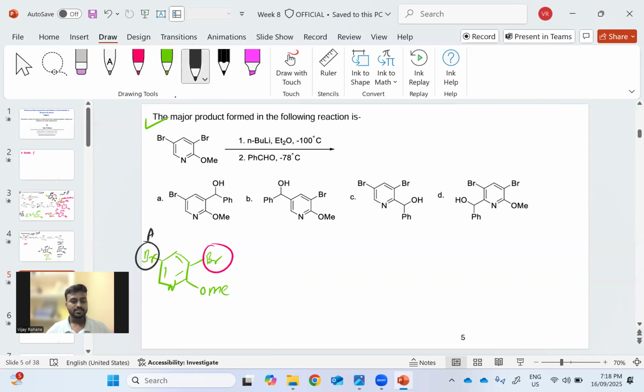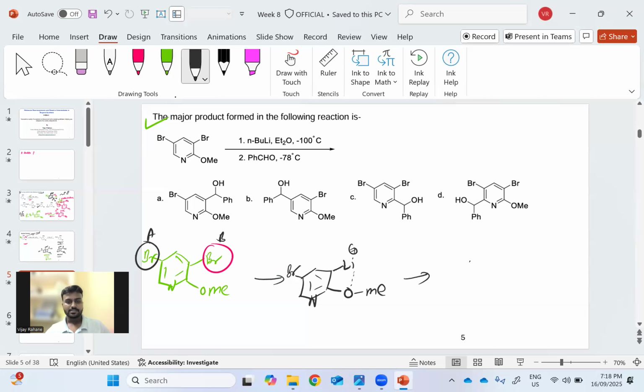is the OMe at the ortho position to the HBr. So therefore, the butyl lithium preferably does the lithiation at this position, because this OMe stabilizes this lithiation. So there will be some sort of ortholithiation type of stability for this intermediate, and